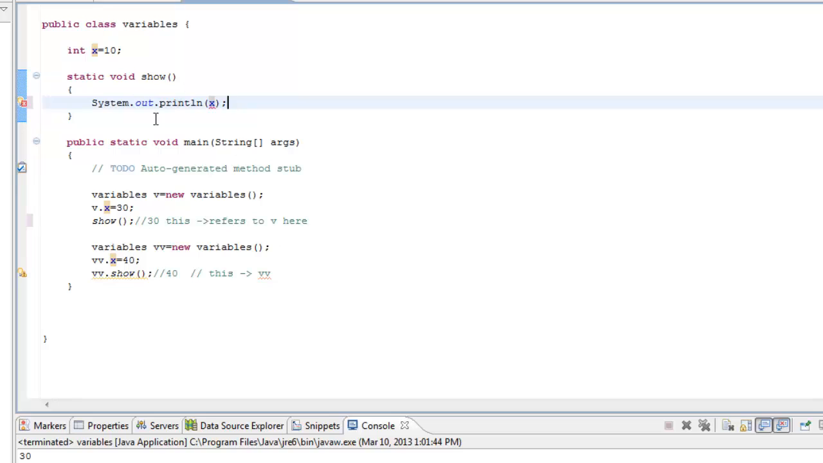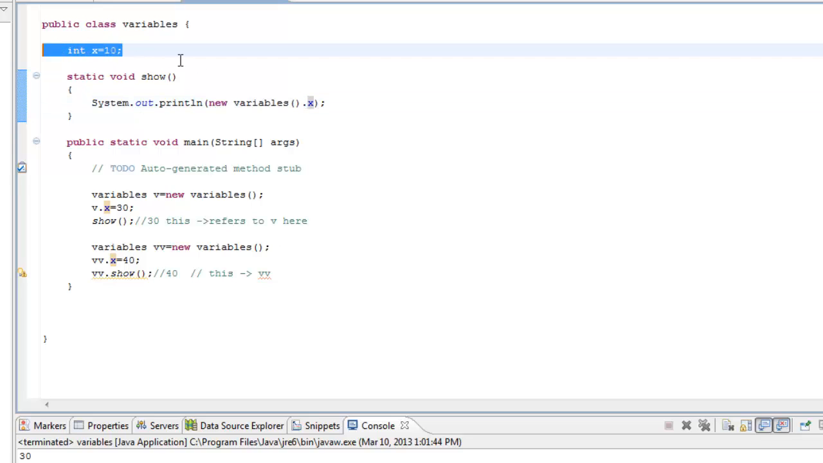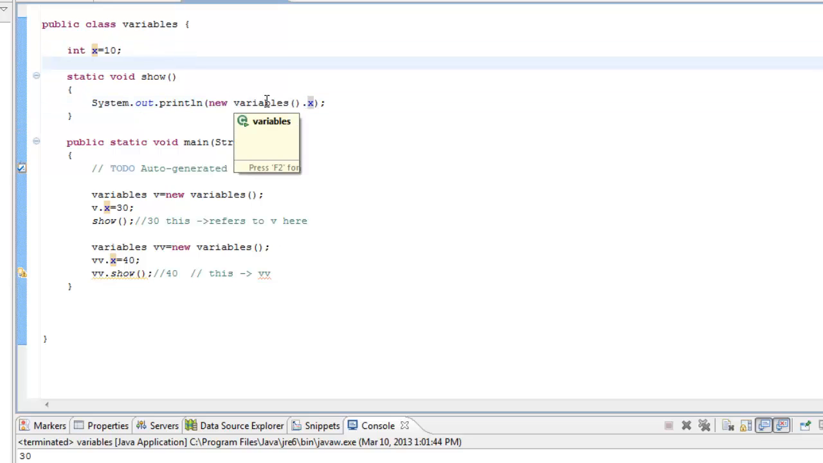So as I have no object in picture that I can use to print x, I can create an object on the fly. I can say new Variables dot x. So what I have done is I have created a new object here itself, and then I am printing the x that gets memory due to the creation of this object. Any new object has a value which starts from 10, so I'll get a printout of 10 in both cases. Even though v dot x is 30,